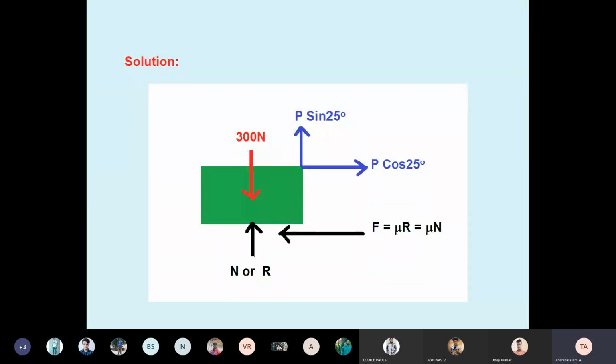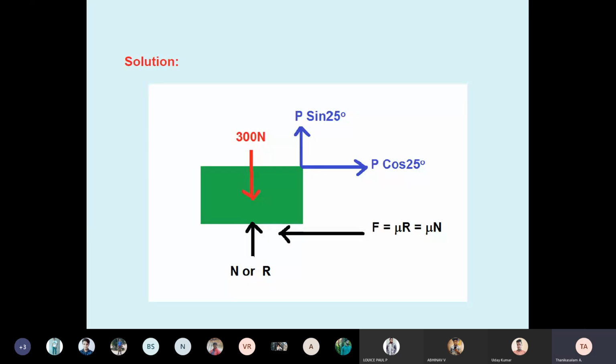Students, in the first 2 units, we did not focus on friction because we thought all the body contact surfaces were smooth surfaces. That's why we did not consider friction. Here we consider friction. We solved a lot of problems. There is also friction there, but they did not mention anything. That's why we considered smooth surfaces. When the surface is smooth, there is no friction. Here we are discussing a friction problem.